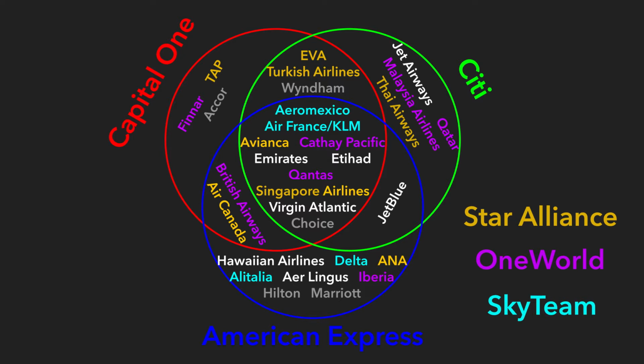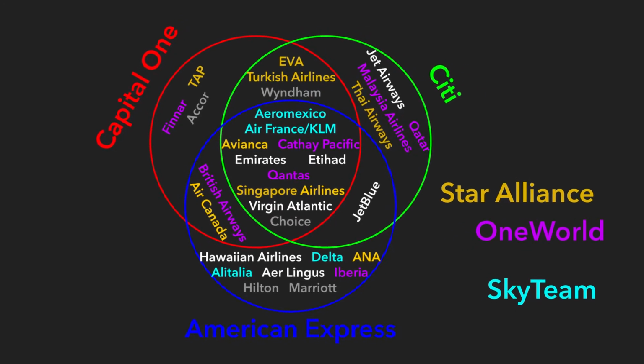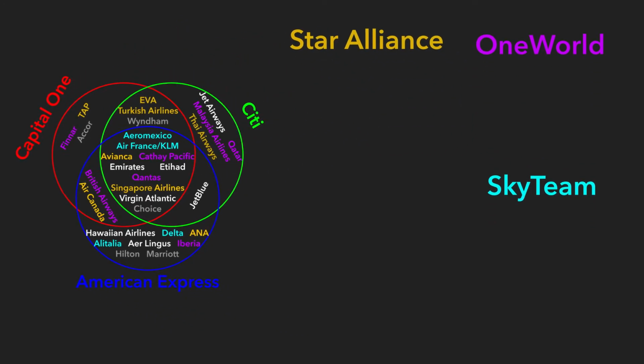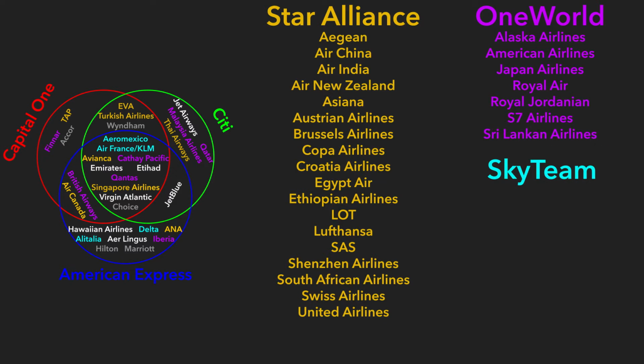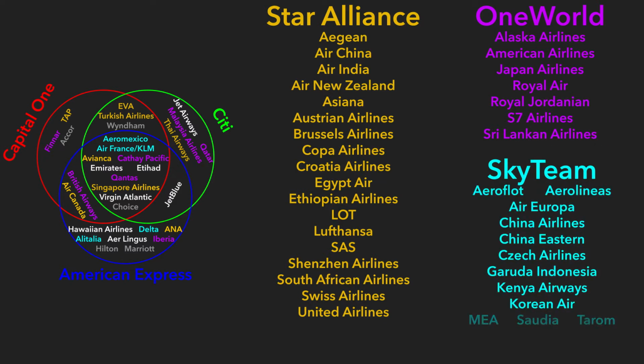The color coding of names in this chart tells you what alliance the airline is a part of. Yellow names are members of Star Alliance, which also includes all of these other partners. Magenta names are members of the One World Alliance, which includes these airlines, and cyan names are members of SkyTeam, which includes these. So the key point is that if you can transfer your points to a member of one of these alliances, you will usually be able to use those points to book a flight with any other member